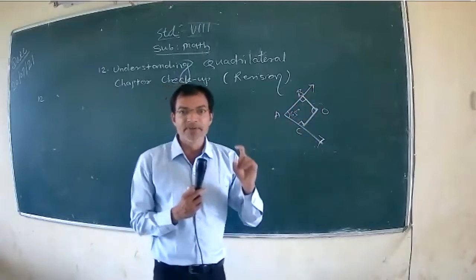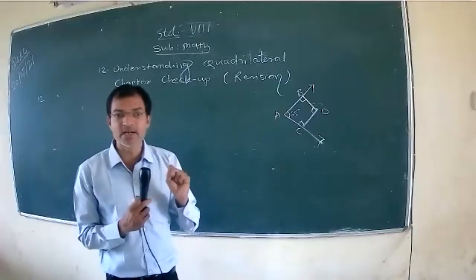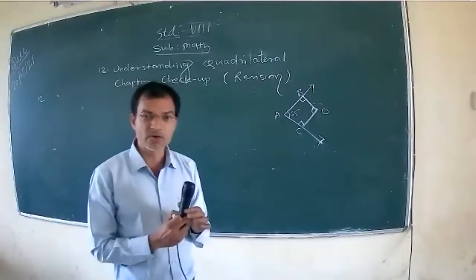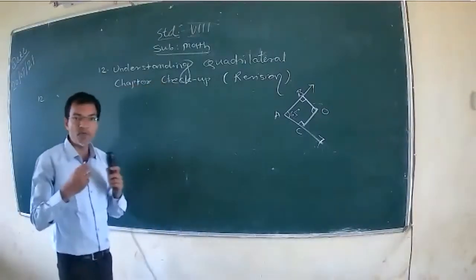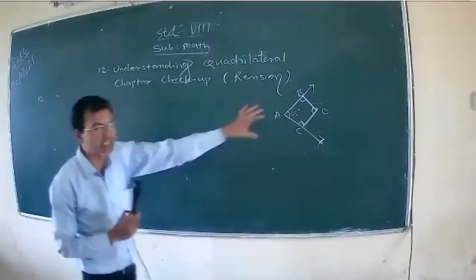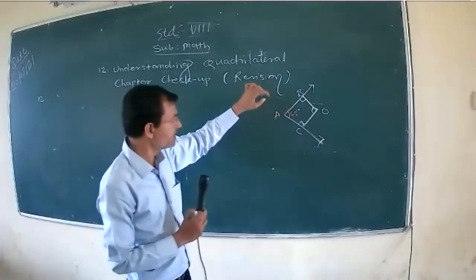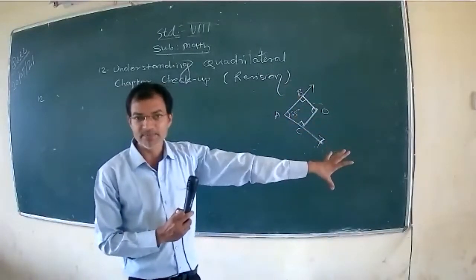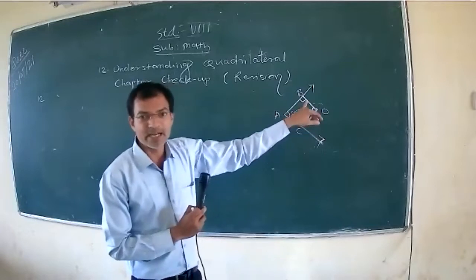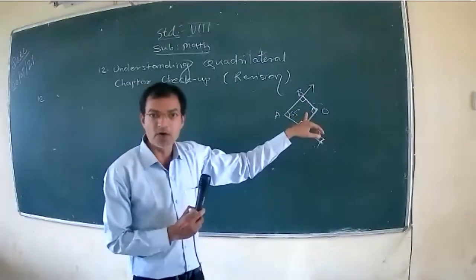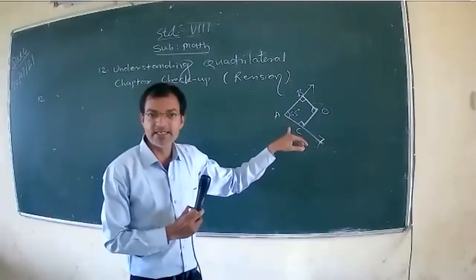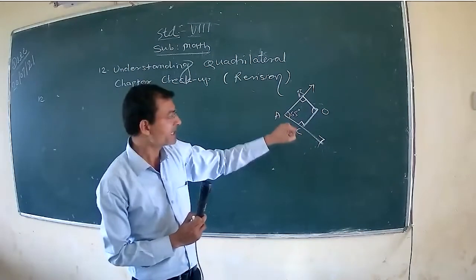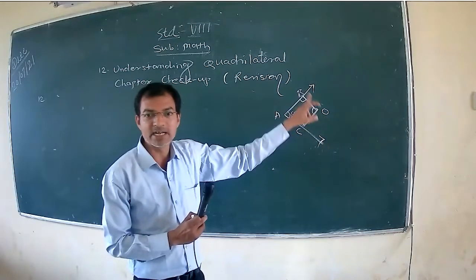And you know very well the sum of the measurements of all the angles of a quadrilateral is 360 degree. Sum of all interior angles of a quadrilateral is always 360 degree. Then you can write angle A plus angle B plus angle O plus angle C is equal to 360 degree. Angle A is given 65, angle B is 90 degree, angle O you have to find, and angle C again 90 degree. Then subtract the sum of these three angles from 360, so you can get angle O, means angle BOC.